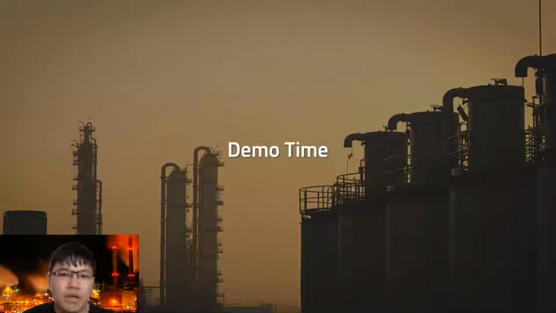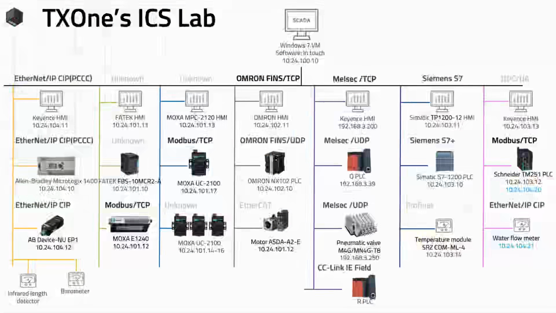Next, I would like to demo some of our ideas about the kinds of ICS network protocol attacks we talked about previously. This is our TS1 ICS library. As you can see, many ICS communication protocols are used in this lab, including EtherNet/IP, Modbus TCP, Siemens S7, and other unknown protocols.